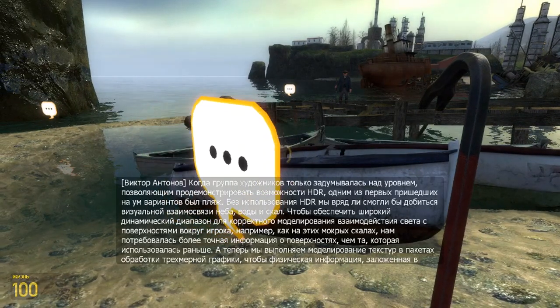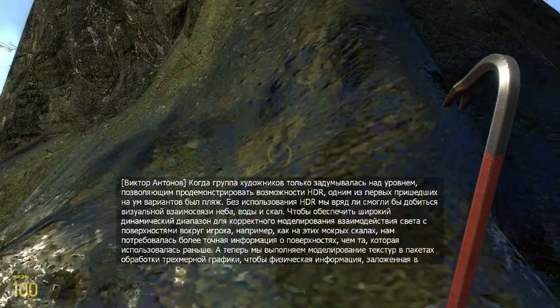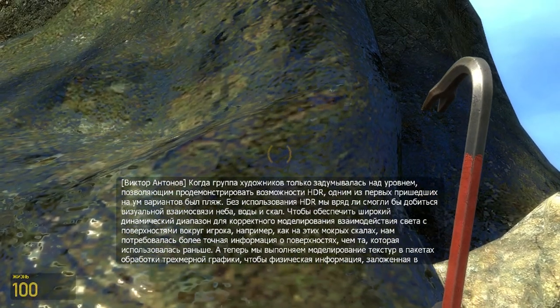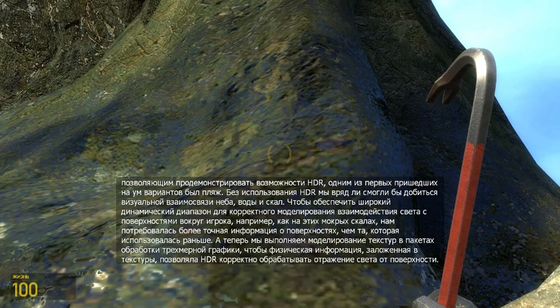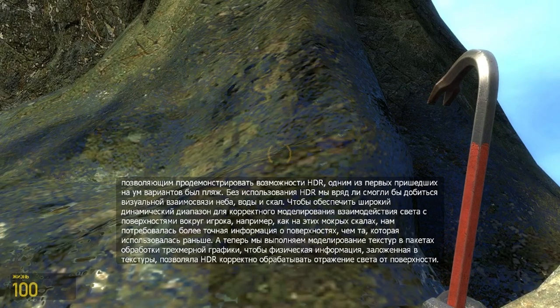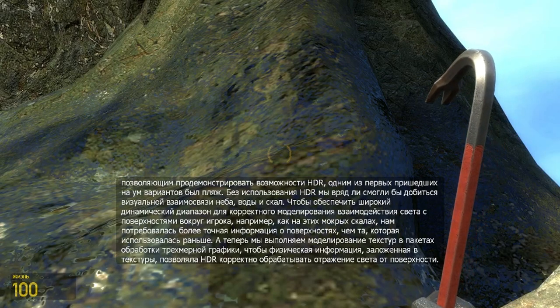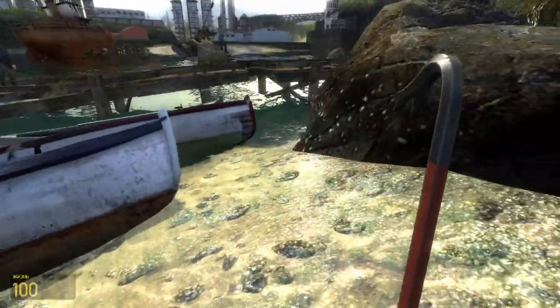When the art team started to think about a location that would demonstrate the power of HDR, a beach was one of the first choices we made. The visual relationship between the sky, the water, and the rocks is something we could not achieve without HDR. In order for high dynamic range to correctly simulate the light's interaction with the surfaces around you, like these wet rocks, we needed more precise information about the